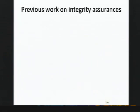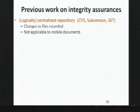So there's been some previous work on integrity assurances. For example, we have source code repositories such as CVS, Subversion, Monotone, Git, and so on, that in some sense have some sort of signature mechanisms to protect the integrity of each commit. However, most of these work in a centralized model. You have a centralized repository, you check in files, check out files, and the repository does the signatures. So at the end of the day, if you want to see some version history and verify it, you trust